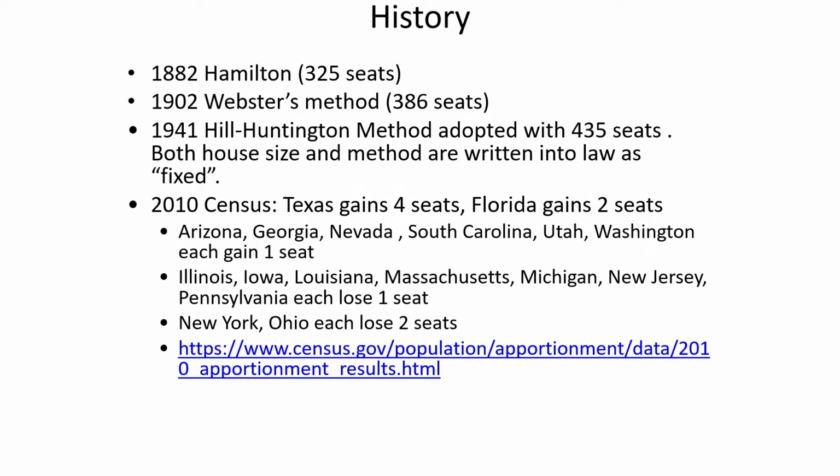Anyway, so what's your job? Well, there's several things we need to talk about today, but your job for the next week, maybe I'll put it up on the screen here, is to deal with the Hill-Huntington. So there's 2 more methods to deal with: Hill-Huntington and something called the quota method. Joseph Hill's method is activity 15. And then activity 17 is this so-called quota method.